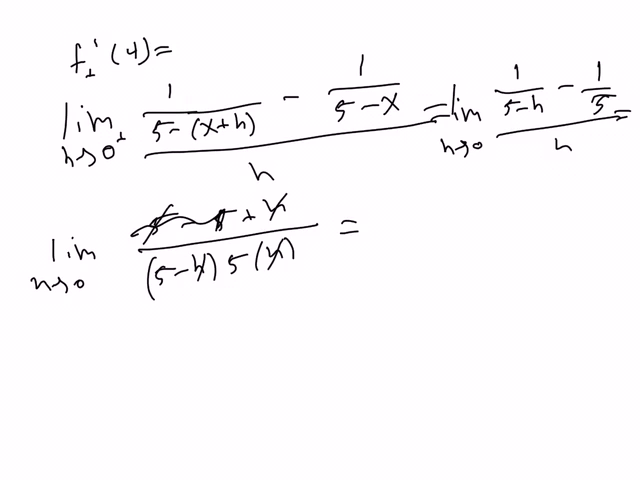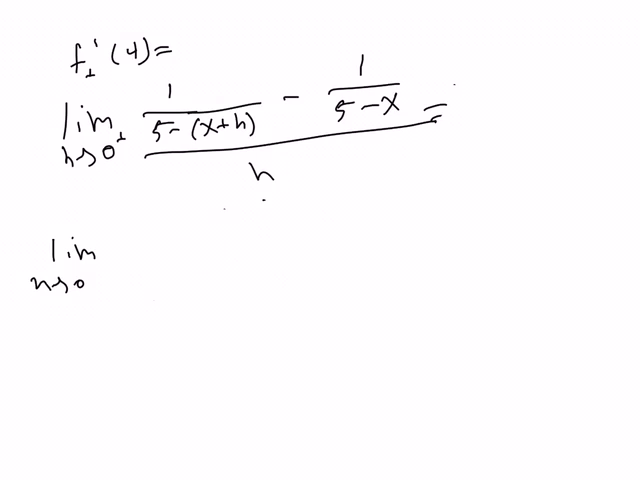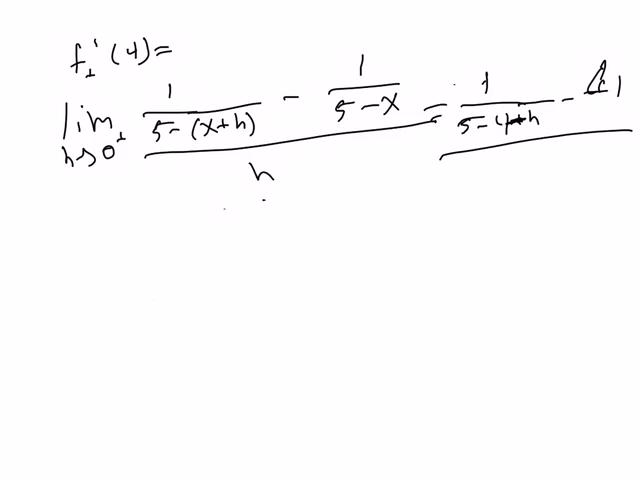Sorry, we're doing all of this at 4, so x is not 0, x is 4. That's my mistake. Okay, let's try this one again. 1 over 5 minus 4 plus, minus h minus 1 over 1, so minus 1 over h. So this is going to be the limit as h goes to 0 of, so this over here is just 1. So this is going to be 1